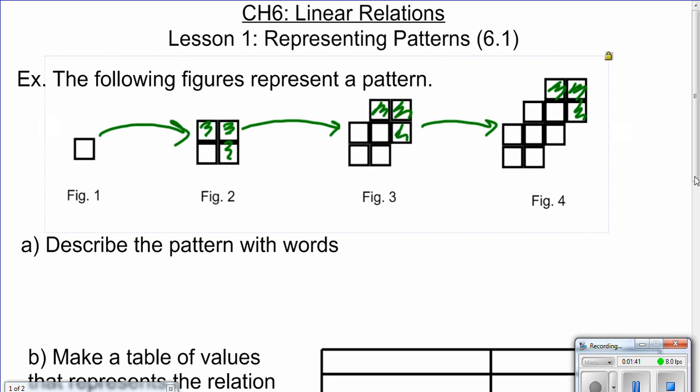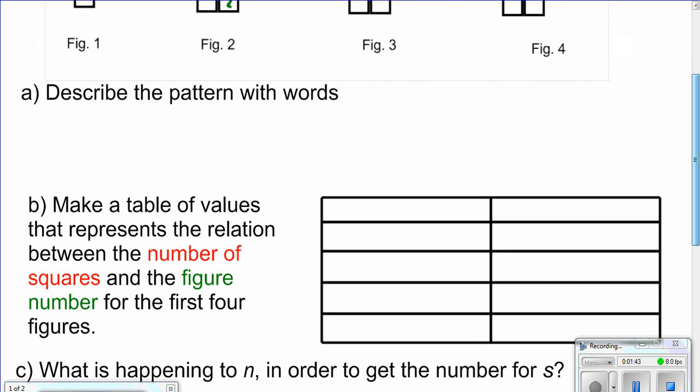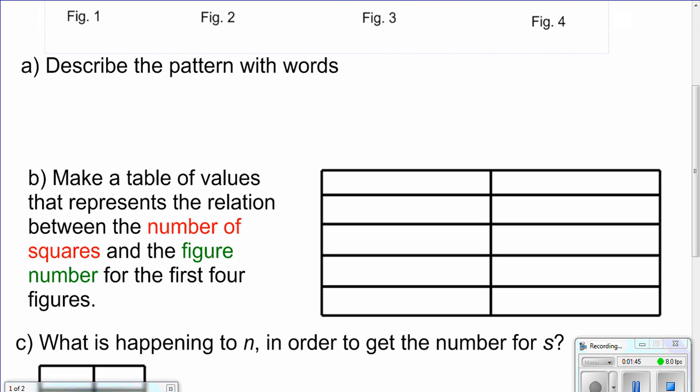So what we could say if we're putting this pattern in words is we could say something like start with 1 square, in figure 1,